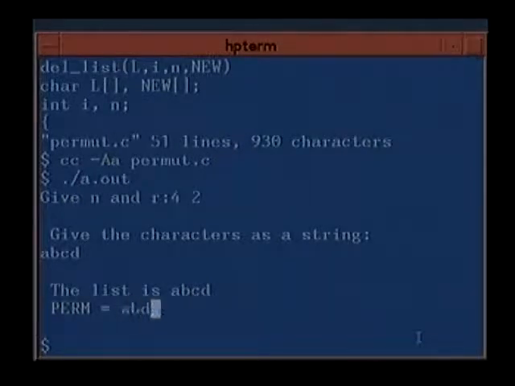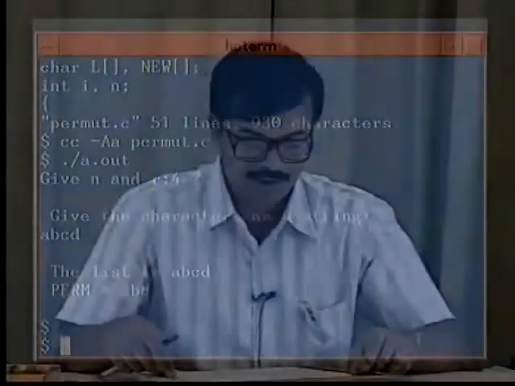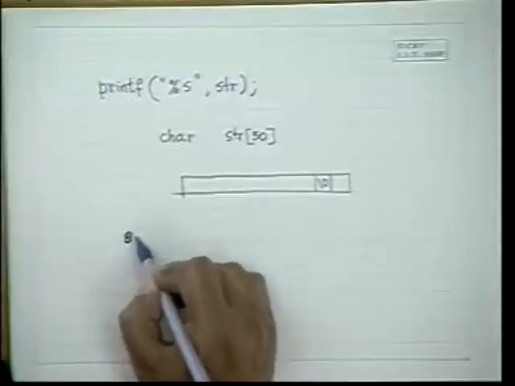So this is how we can manipulate character arrays and use the string functions. There are several other string functions which are available from the library. There is a string library also, and there is a normal library, and you can find out things like length of a string.